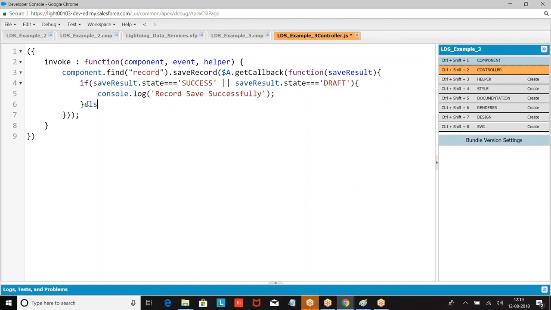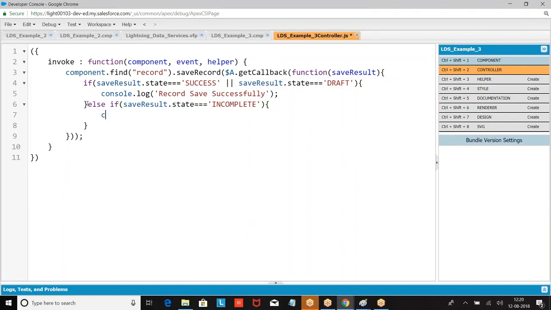Else if incomplete, unable to save changes in offline mode.